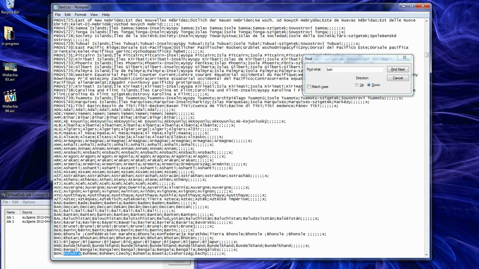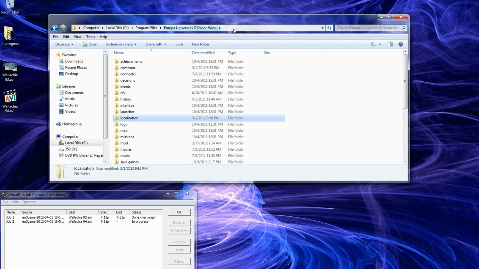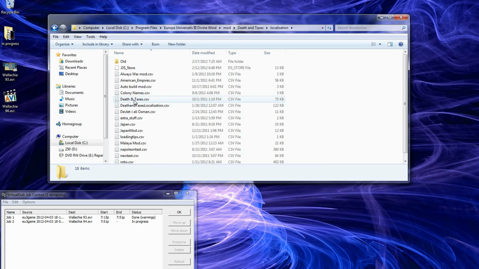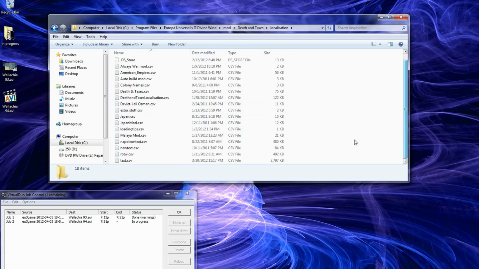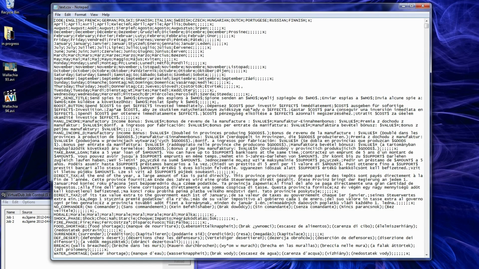However, there is a slight caveat here. If you're using a mod, like I'm using the Death and Taxes mod, then this is not the right file to edit the name of Bohemia in that mod. You have to close this file, and go back to the EU3 folder, then go into your mod folder, and then Death and Taxes, and then it has its own localization folder. So in here, you have to go find text, and in here is where I actually changed the name of